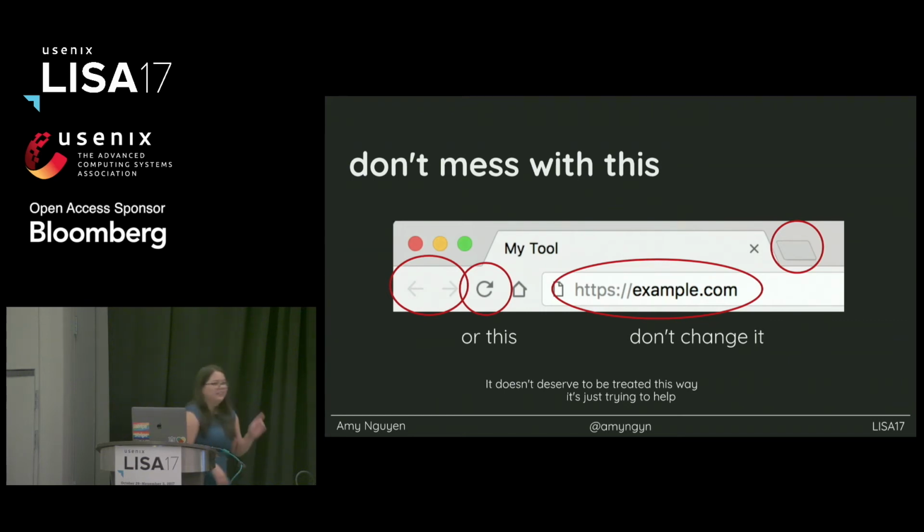Okay, the back button. If you're loading stuff up in Ajax and showing more data on the screen, and I hit the back button and I end up on the home page, or even on the new tab page, and all my data is gone, I just get so upset because I worked to make that data and it's gone. Then I want to refresh it because I just want to see if there's any new data, and my whole dashboard is gone. Or I copy the URL to send it to my coworker in another country so they can see the same things I see, but the URL is just example.com. It's not RESTful. It's just a homepage.